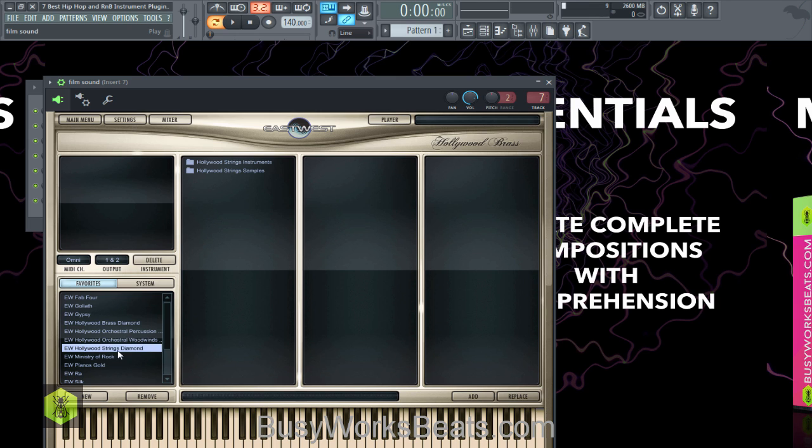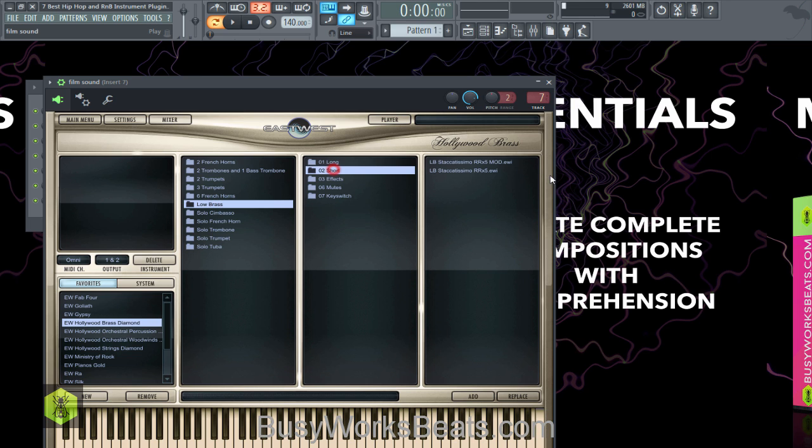And it came with the strings, the woodwinds, the percussion, and the brass for the Hollywood sounds. So these are film score sounds, and you can load them up. And these are the sounds that you hear, but you just don't know where they're coming from. For example, in the Hollywood brass, the low brass, the short staccato, this is used in so many trap songs. But nobody knew where the brass sample was coming from. They thought it came from a Kontakt library. It actually comes from the East West. Okay, that's highly secret. You know, it took me many years to actually find out, oh, this is where it came from the whole time.